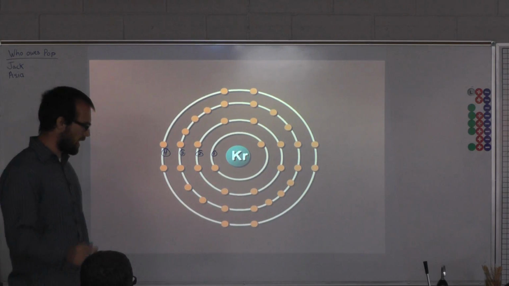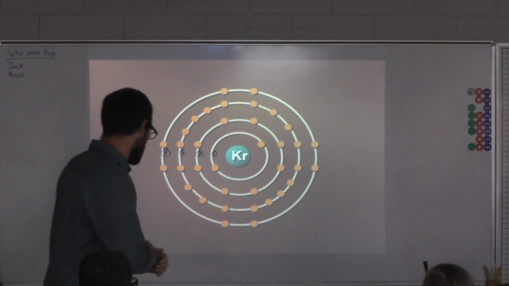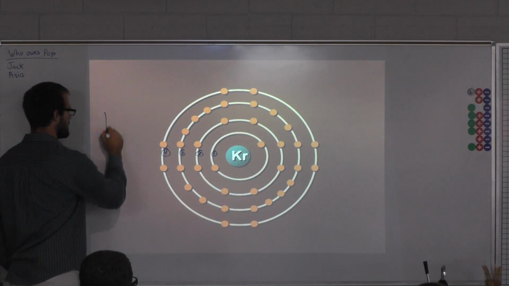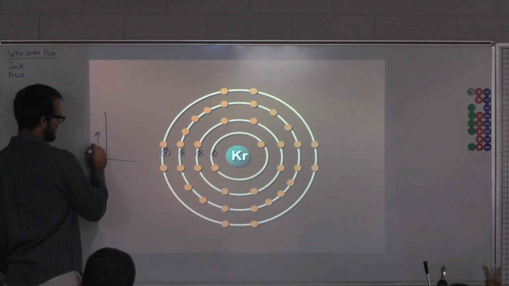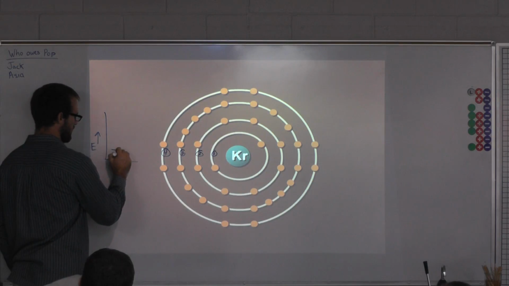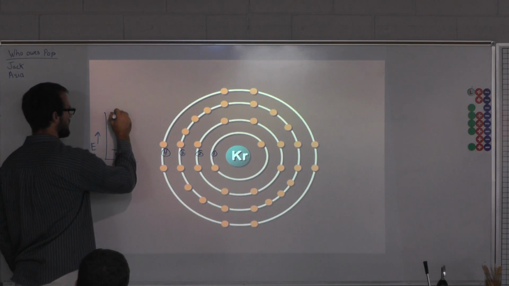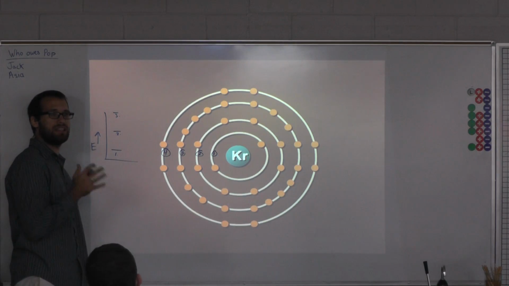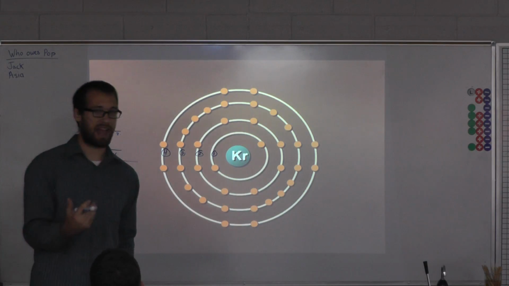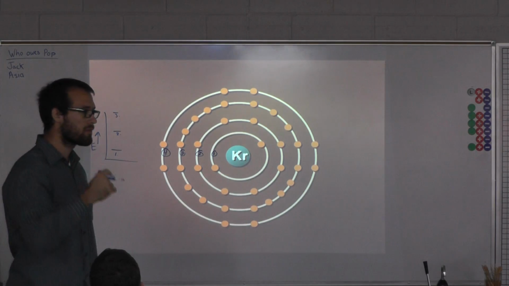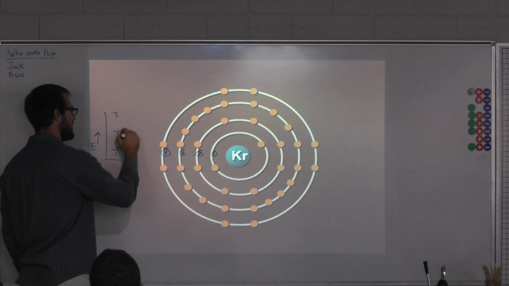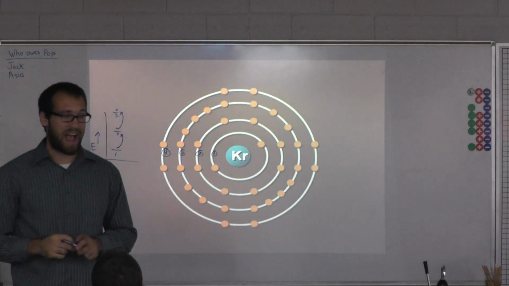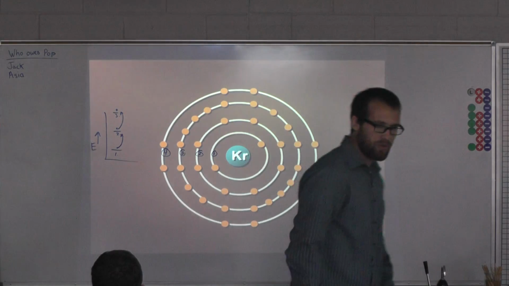Where was I? Okay, so he discovered these energy levels, and he noticed something due to fireworks and other things. Let's say we've got energy increasing here, and that's the first energy level, that's the second energy level, and that's the third energy level. Electrons in each energy level could get excited. What that means is that if they get enough energy, they can actually jump an energy level. So if I've got an electron here and I give it a bunch of energy, it could jump up to here, it could jump up to the third energy level, and so forth.